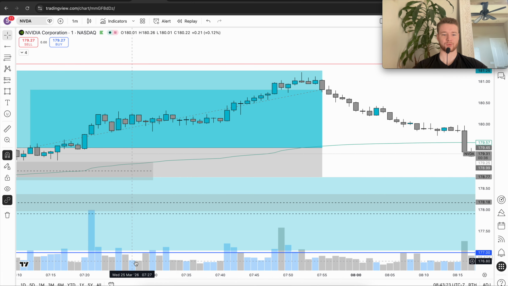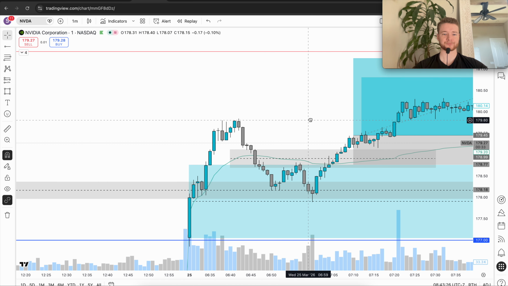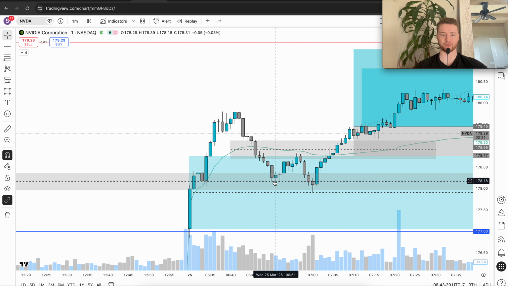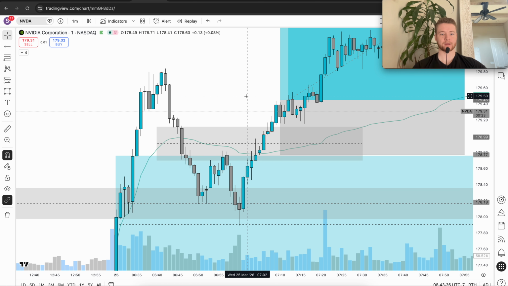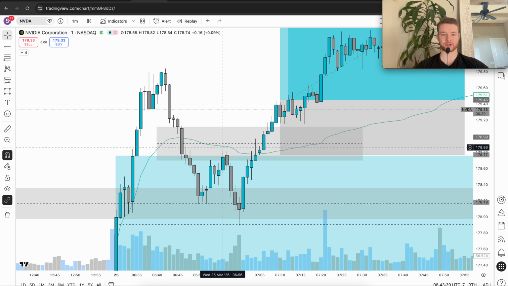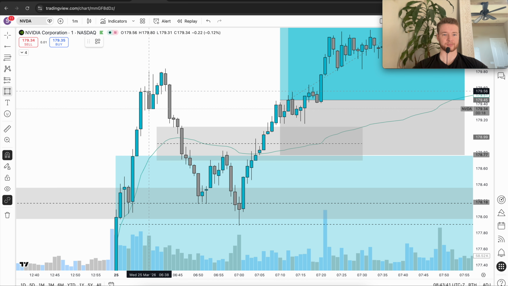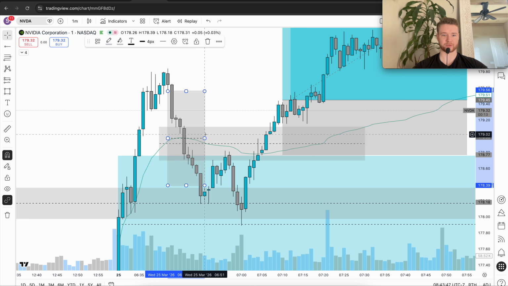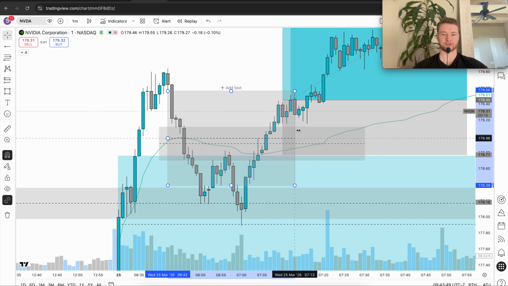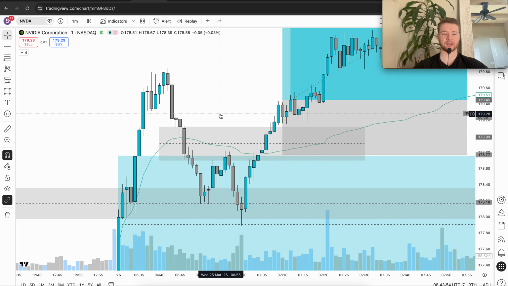But typically, I will scale down to the 1 minute after we are pulling back into that 5 minute fair value gap. And then on the 1 minute here, I am looking for the invalidation of the bearish fair value gap. So really all of this here would sort of be the bearish fair value gap on the 1 minute. So we're really looking for acceptance above all of this. However, you have to take the highest time frame fair value gap. So on the 2 minute,